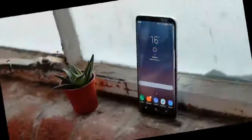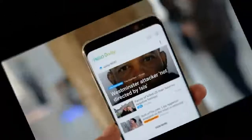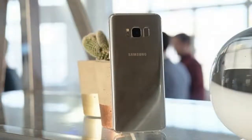What is the Samsung Galaxy S8? Phones have become a little stale. Whether it's an iPhone 7, Huawei P10, Sony's Xperia XZ Premium or any other flagship phone, they all look and feel the same. But just when I thought a phone couldn't surprise and delight me anymore, the Samsung Galaxy S8